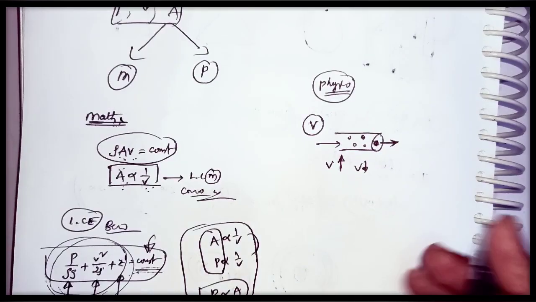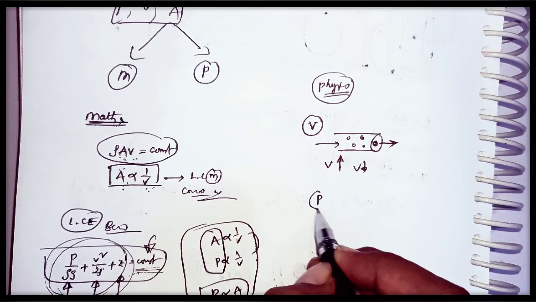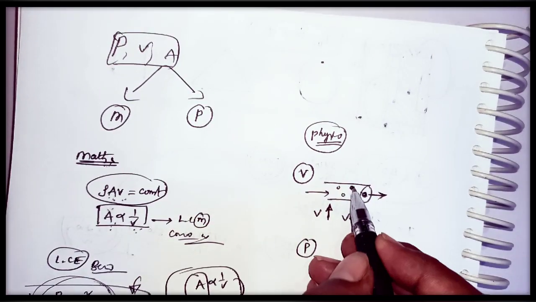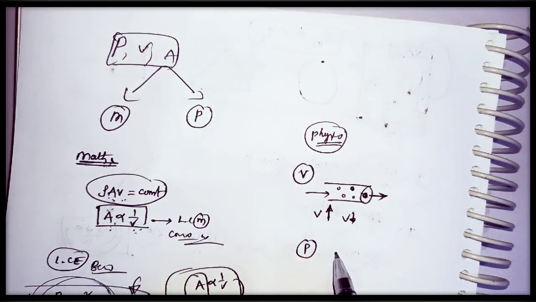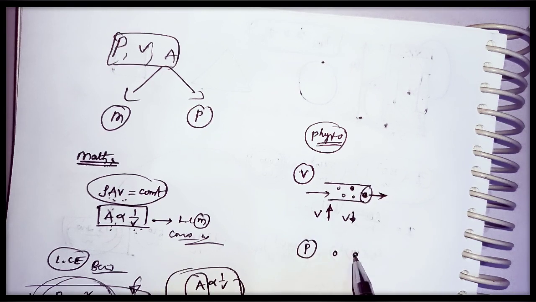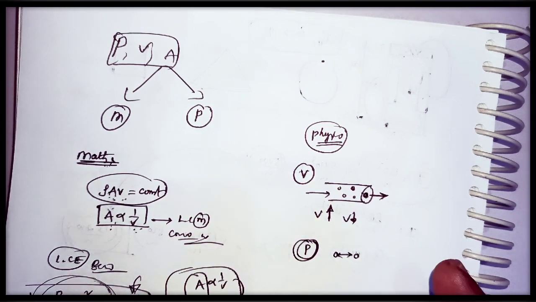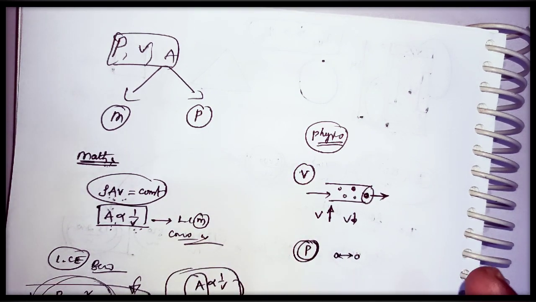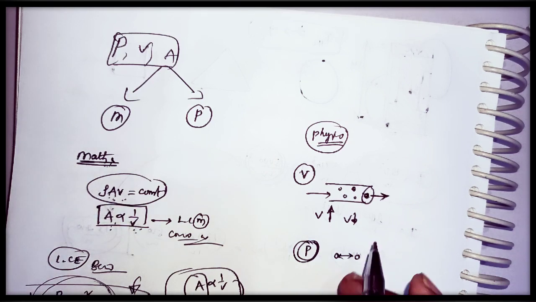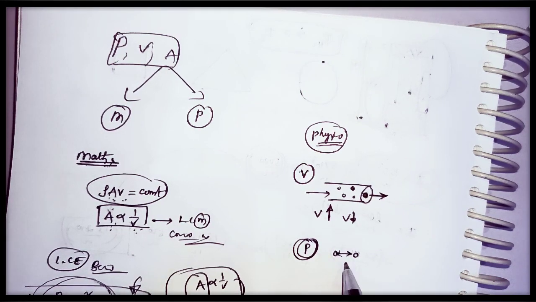And the exact physical meaning of pressure: similarly, pressure tells what the distance is between any two fluid particles. If the distance between any two fluid particles is very small, then it is having high pressure. That means the attraction force between any two fluid particles will be told by this pressure. That means how closely the fluid particles are arranged. How closely these fluid particles are arranged is told by the pressure.